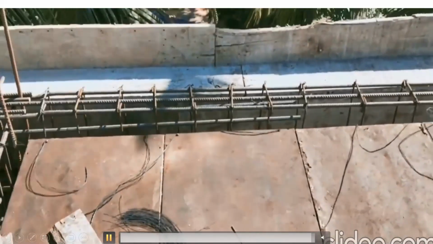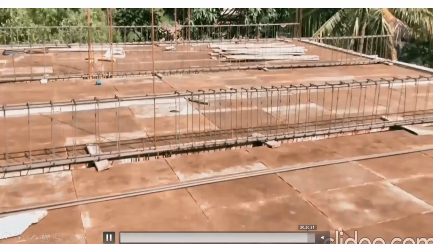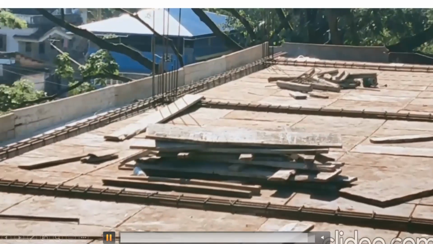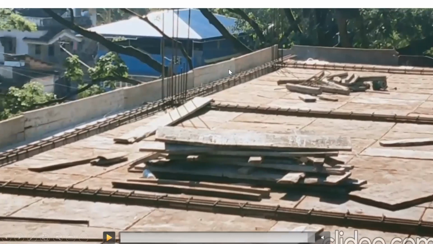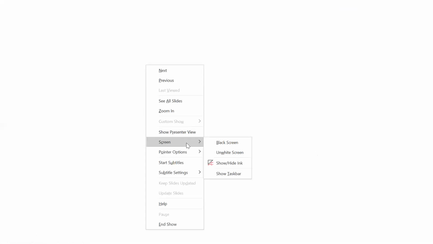So that is mentioned in the drawing. According to the drawing, we'll try to do that practically at this site. Now you have to understand what is the logic behind that. So I'll make use of the screen here. Anyhow, I explained it to you guys, but still let me explain it once again.